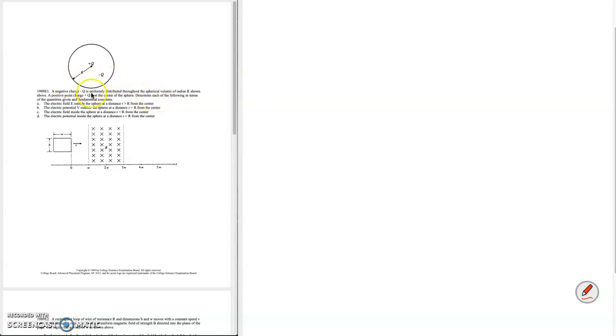1989 E1. This looks like a sphere of radius R that has minus Q spread throughout the volume, and then it has a positive point charge at the center. So this really looks like a model of the atom, a very simple model of the atom, but still, this is how I'm going to view this. And we're going to determine each of the following